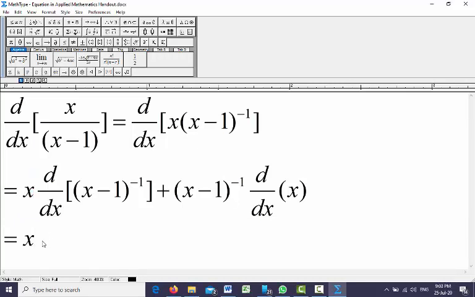Now here, as you can see, we have a power. If you want to do differentiation, you have to deal with the power first. So power should come first. You need to write the power first, and then from the existing power you need to deduct 1. This is the output of differentiation for the power.